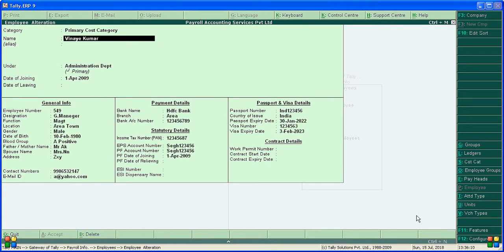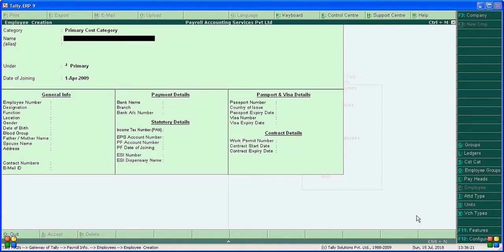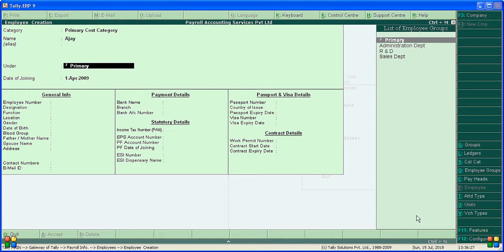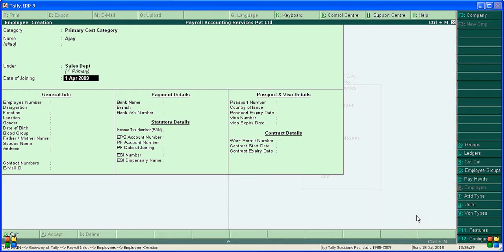Vinay under admin department, Rahul R&D, Mahesh sales department, Ajay I didn't create so far, Ajay sales department, employee number 552,